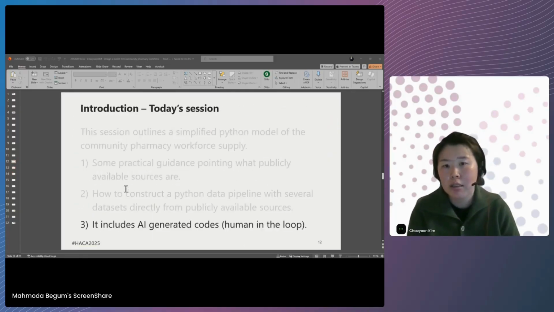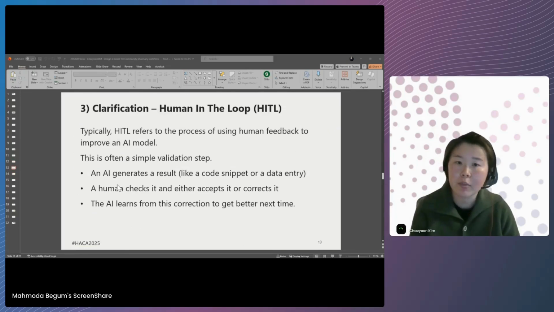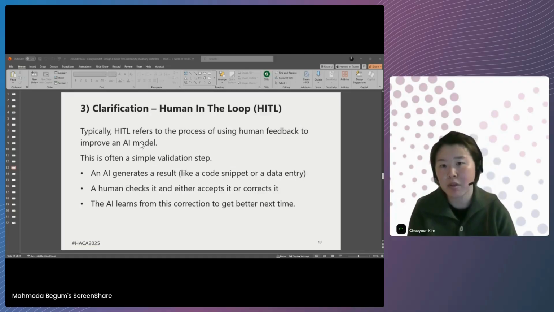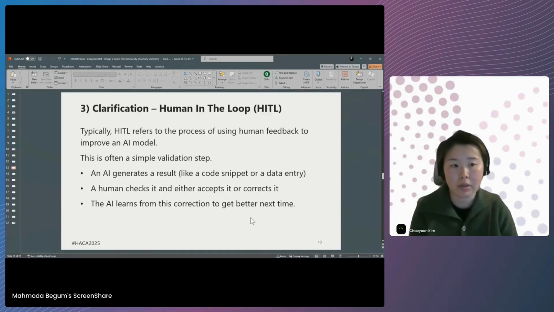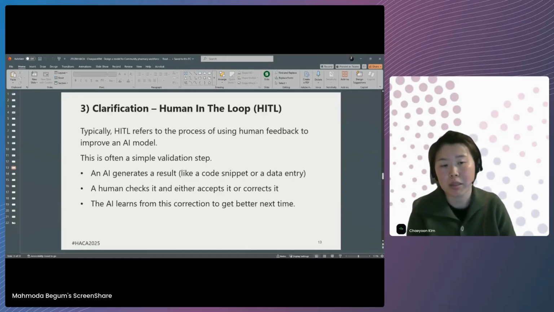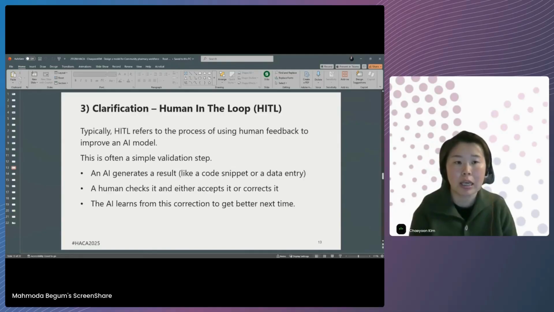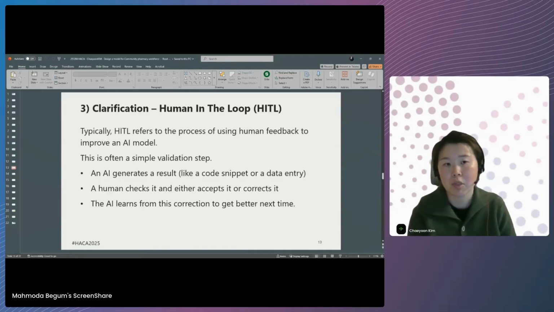So usually the human in the loop refers to the process of using human feedback to improve an AI model. For the audience who have experience interacting with ChatGPT, for example, you would have observed that there is a thumbs up button to evaluate whether the answer the AI generated is good enough or you're not happy about it. Those types of simple evaluation loops are sometimes called a human in the loop in tech terms. It often provides a simple validation step, but what I had extended the term to for this session especially is,